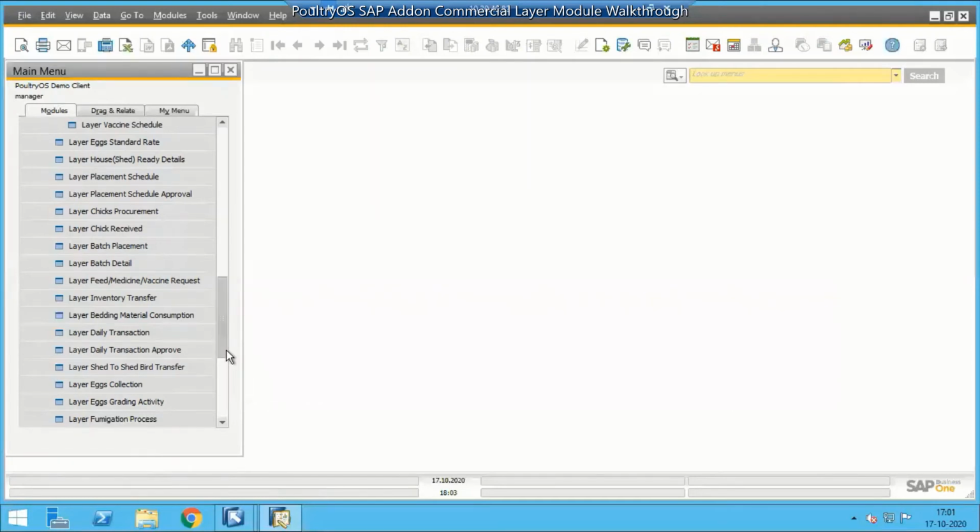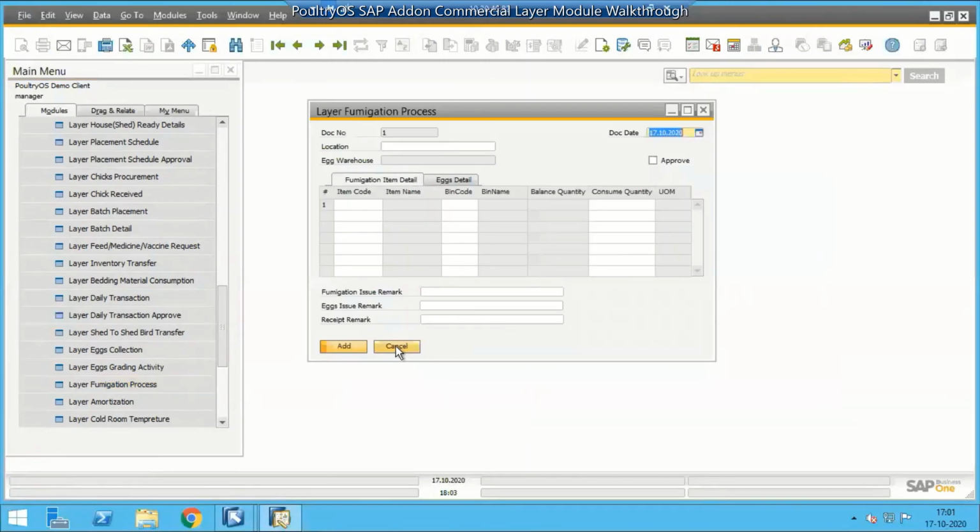Now what happens? That activity goes up to 19 weeks, or some people 17 weeks. Up to this 19 or 17 weeks, we are loading all the expenses onto the flock. Then before egg collection, amortization comes into the picture. That amortization activity is also available here. Amortization process, sorry, it's the amortization process.